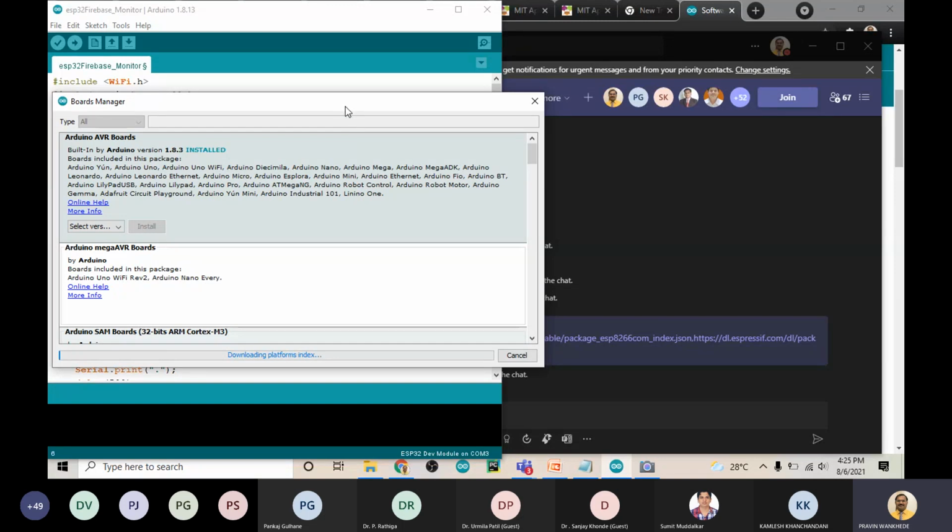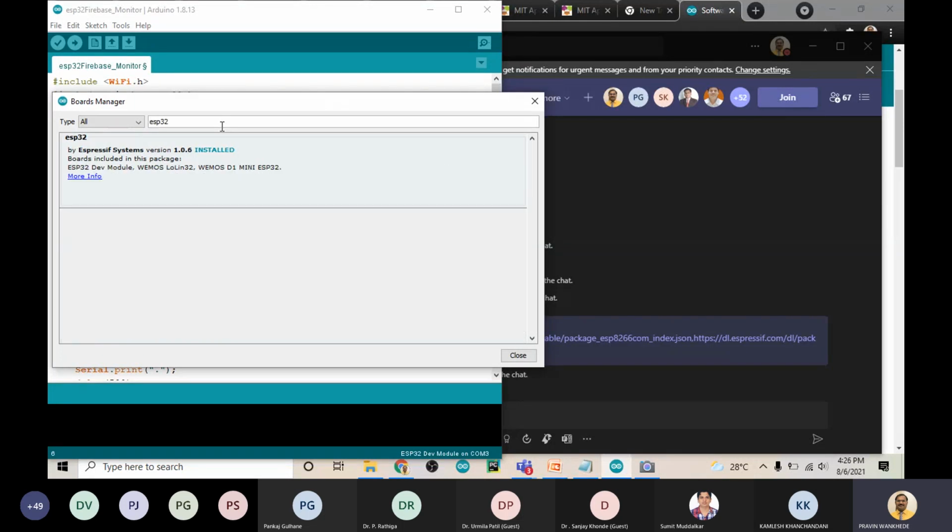So it will check for different platforms available for your devices. And now check for ESP32 here. Okay, now it will give you this ESP32, and as I have already installed, it is showing that it is installed. So you just select whatever the version and click on install, and automatically it will take some time, and the complete support of ESP32 for Arduino IDE gets installed.